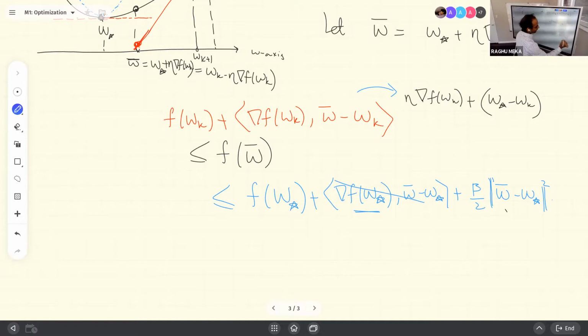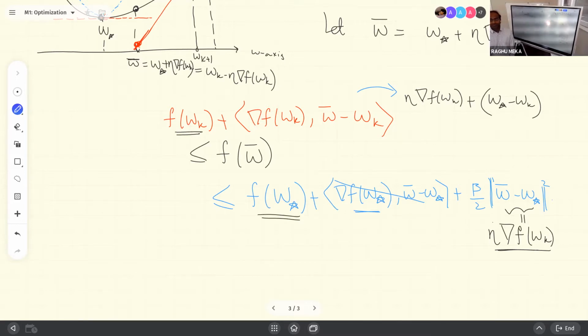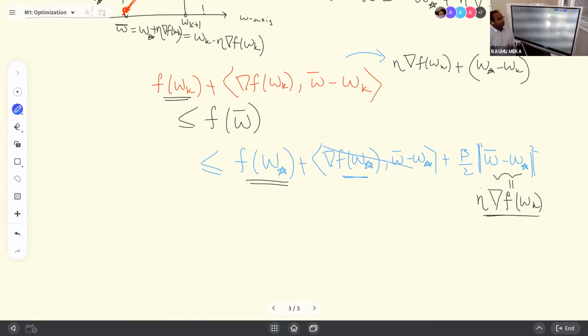And what is this guy? The w bar minus w star, that's just eta times gradient. Okay, and what else do we know about f of wk and f of w star? We know w star is a global optimum, right? So that means that